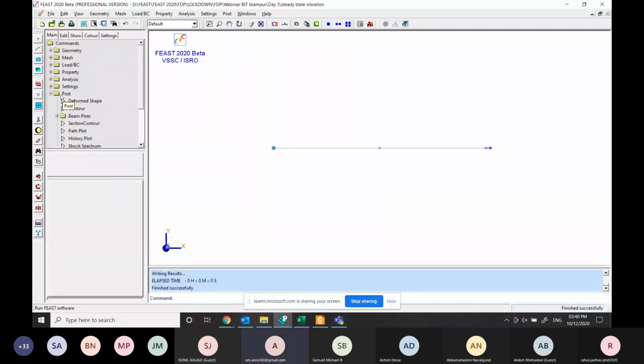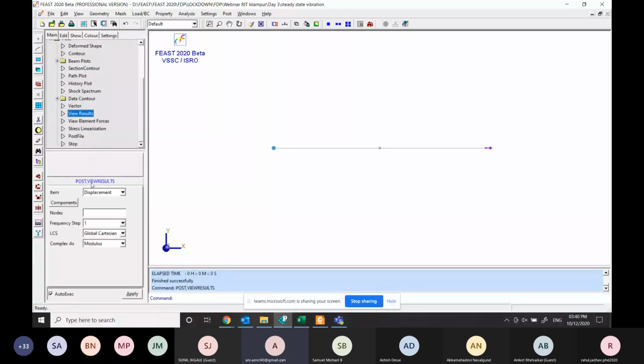Till then, we will go to post. If it is solved, you can go to post, view results. In the items tab, I'll select the frequency, because our first interest is to check the frequency, since we are going to solve first the natural frequency.